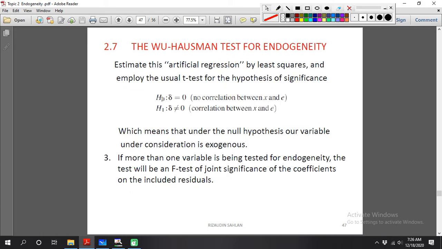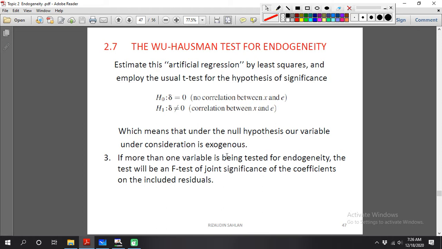If H0 fails to be rejected, it means there is no correlation between X and E, so we use OLS. But if H0 is rejected, we accept HA: there is a correlation between X and E, so we need to use instrumental variable estimation or two-stage least squares.